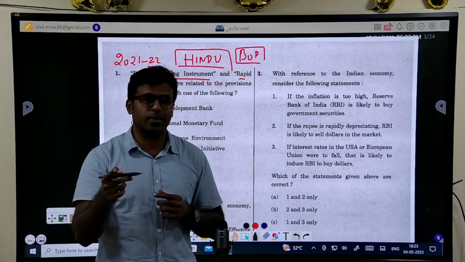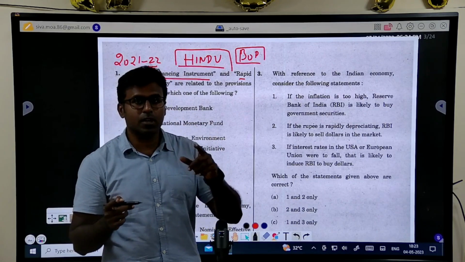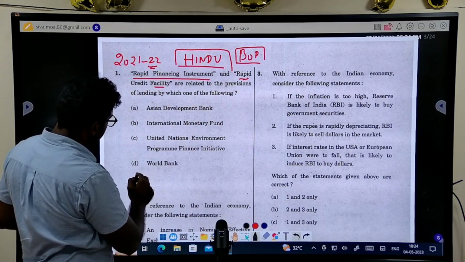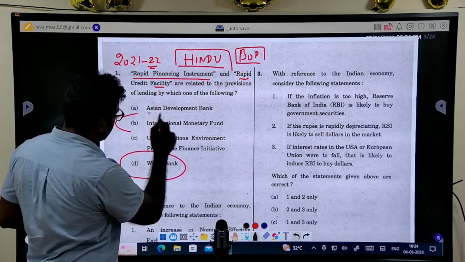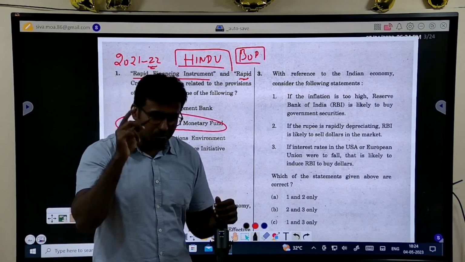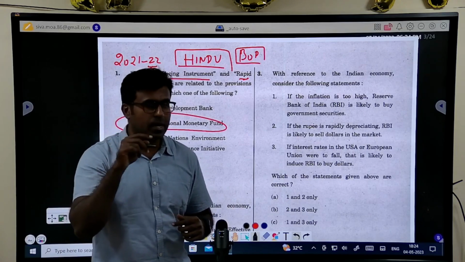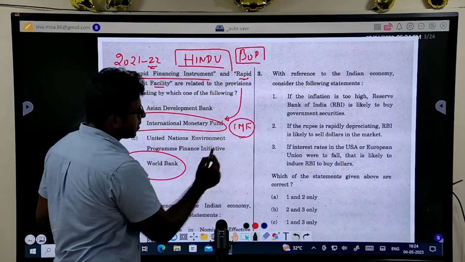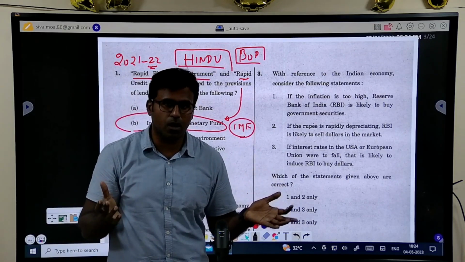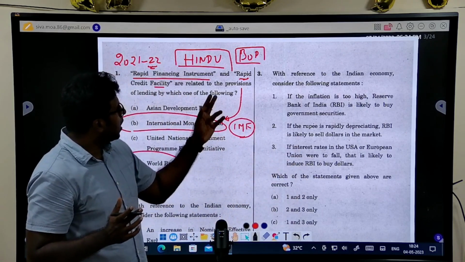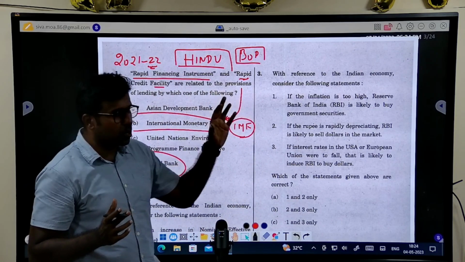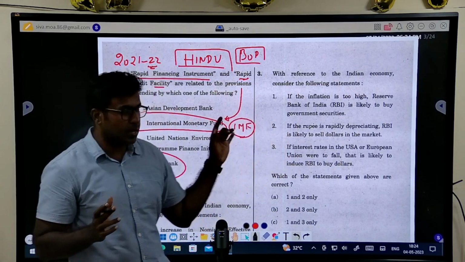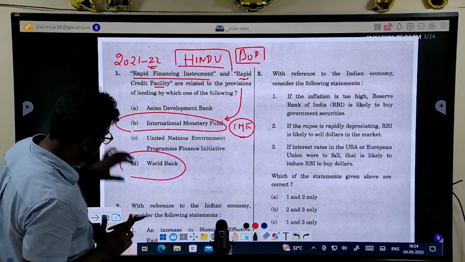The organization which rapidly came to finance, you can make out, is either the World Bank or the International Monetary Fund. But if you read the paper regularly, you would know that it was actually the IMF that came to solve these issues. So in this question, it is kind of logic. It is not that either you know this or you do not. You should pick this question and you should pick this answer. So this is the answer for that question.